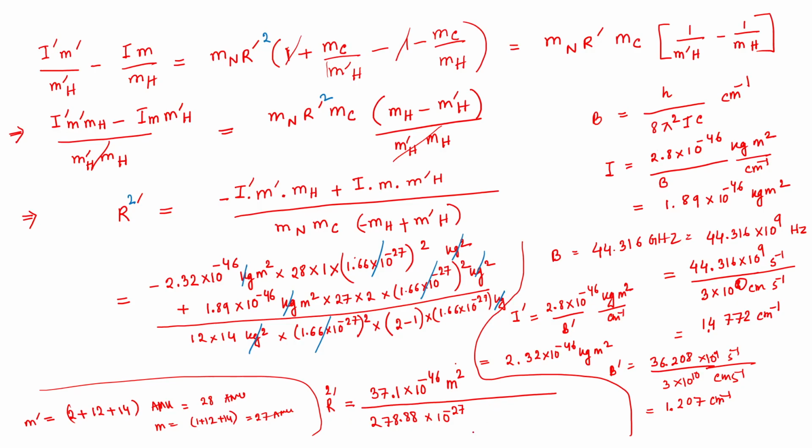Okay, so your r dash square is 37.1 divided by 278.88, 1.33 into 10 to the power minus 20 meters square, which in terms of r dash is going to be